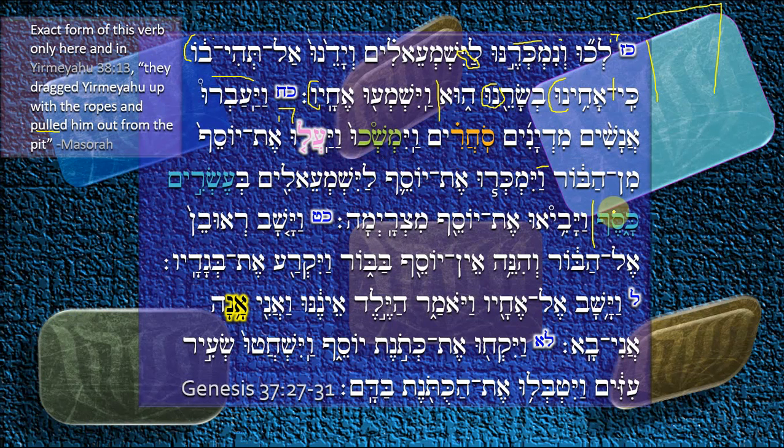Be'esri kasef, for 20, literally it just says for 20 kesef, for 20 silver. Right? The idea is 20 shekels of silver, right? And of course, for those of you who cued in to what I was talking about,